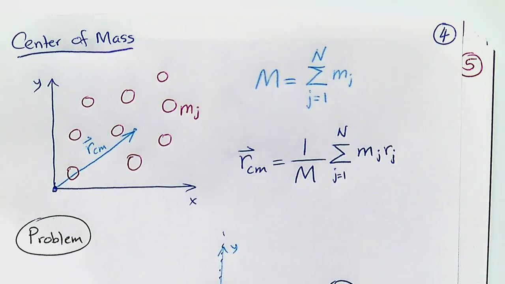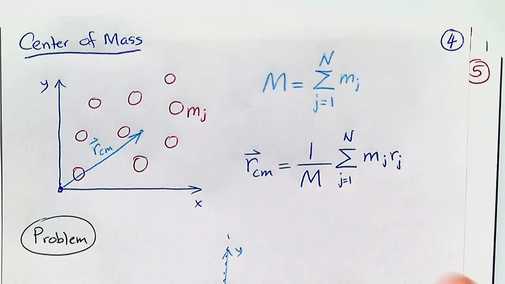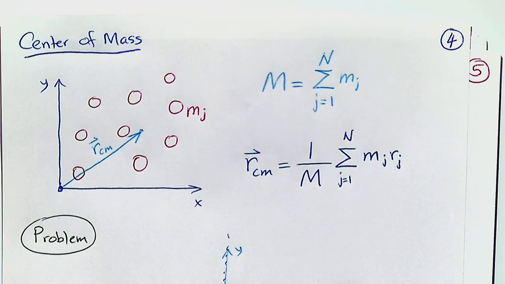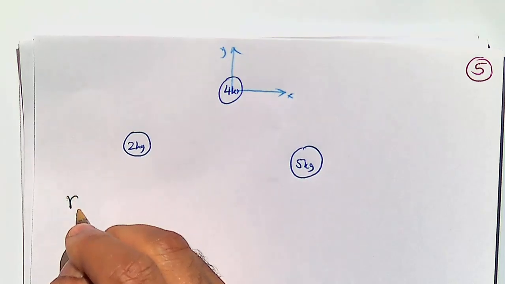Only thing is, you've probably seen the pattern. When you write a vector equation like this, it's deceptive because it's actually 3 equations hiding in there, right? So whenever you're writing a vector equation, just be careful. That's not just a single equation. So to find the center of mass of this scenario, what you have to do is center of mass in